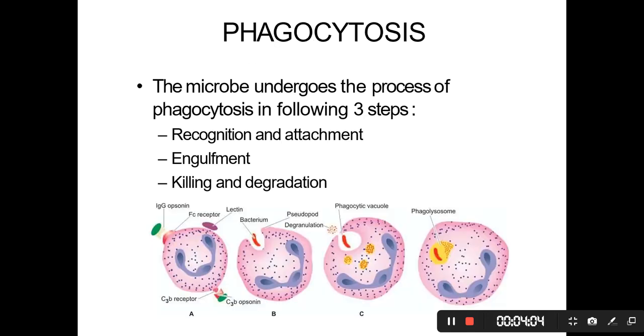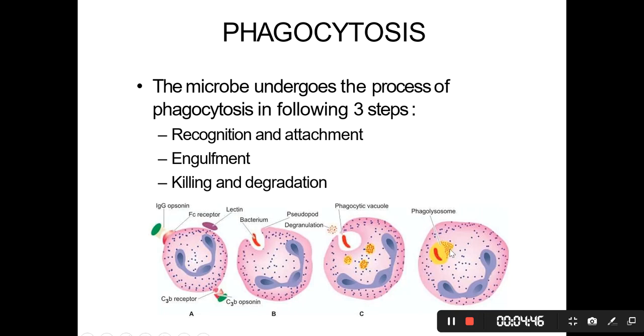What are the phases of phagocytosis? There are three steps. First is recognition and attachment. The neutrophil or the monocyte has to first recognize and attach to that microbe. After recognizing and attaching to the microbe, it will engulf it, like eat it. Engulfment basically means swallowing it. And after swallowing it and taking it in its belly, it will undergo killing and degradation. You can see over here,